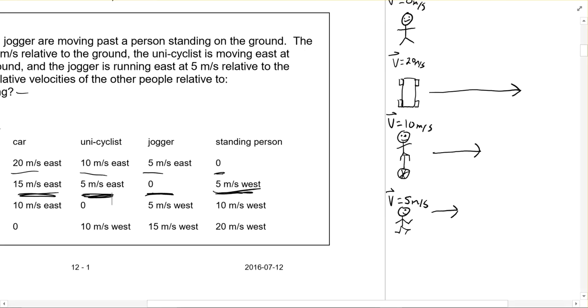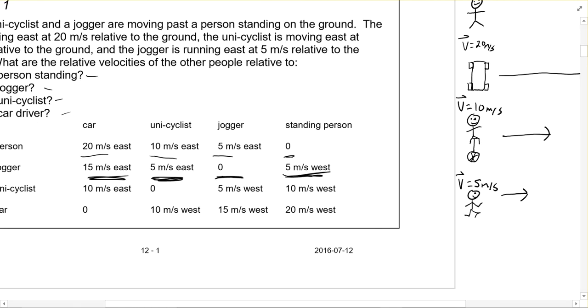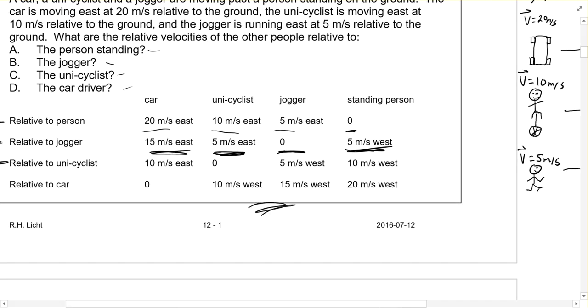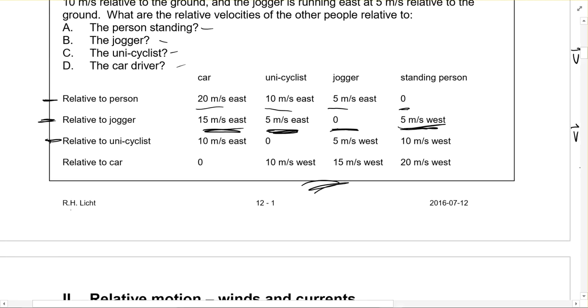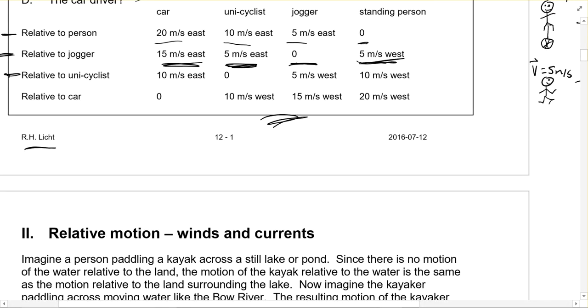So I'm not going to go through the rest of them. They're all kind of the same idea there. Hopefully you can make sense of this table that I've made, or I guess that Mr. Light made. Yeah, so let's move on